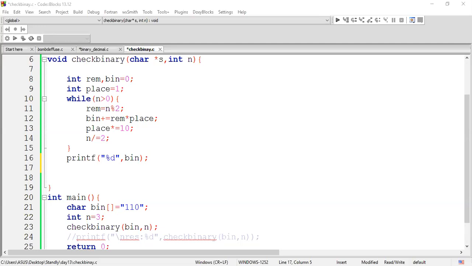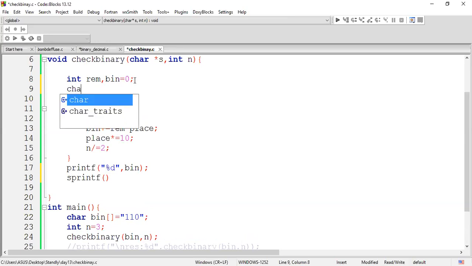You can just mention sprintf or itoa; it's completely up to you. But look at the syntax of it and have a clear idea about it, guys. Here we'll use sprintf just for converting this particular integer to a string type. So let me mention sprintf. We'll declare one variable of character type, like char string binary.